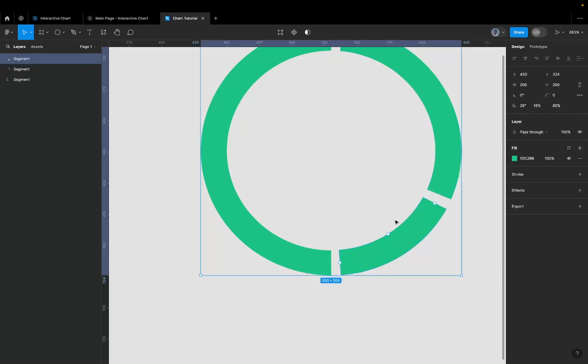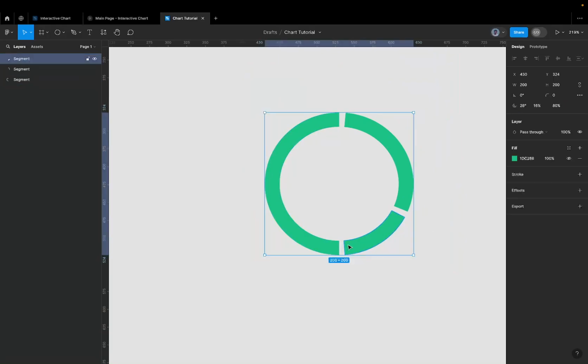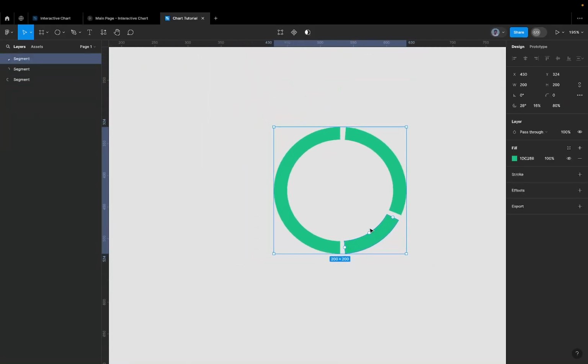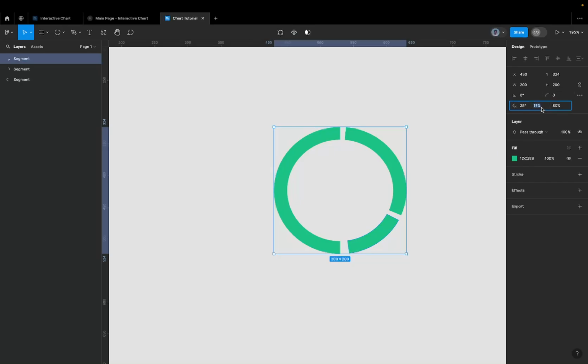So 16. So I think this is okay really. Or does it look okay? I think this one is too small. I think it's too small. So I'm going to make it 15 instead. Now it's too big. So I'm going to make it 15.5,